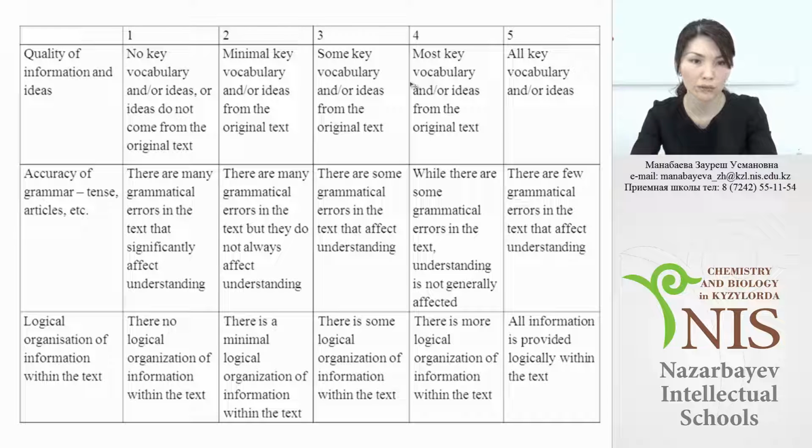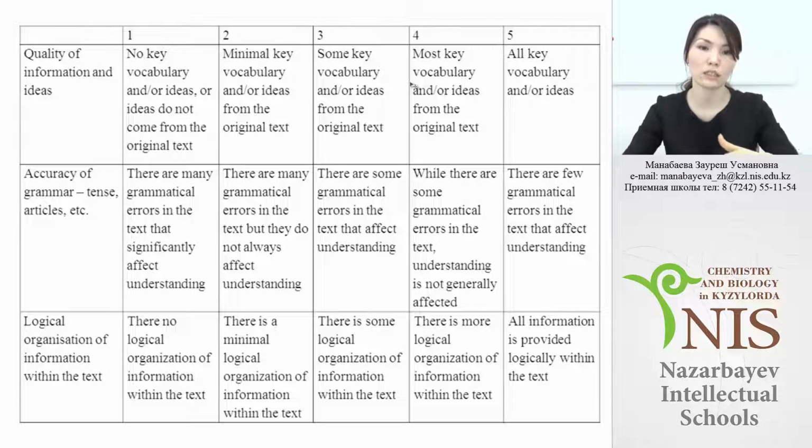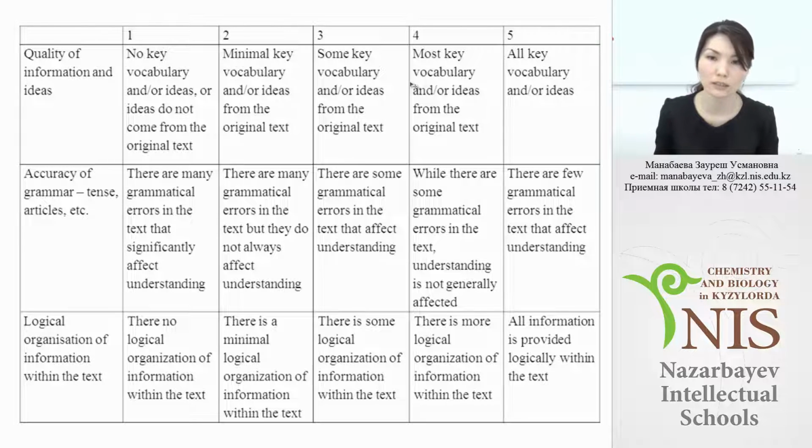The drawback of this matrix is that I hadn't provided examples, but then I discussed with my colleagues ways of improving the matrix, and we came to the idea that it's better to add exemplars. So for the first criterion, the quality of information and ideas,